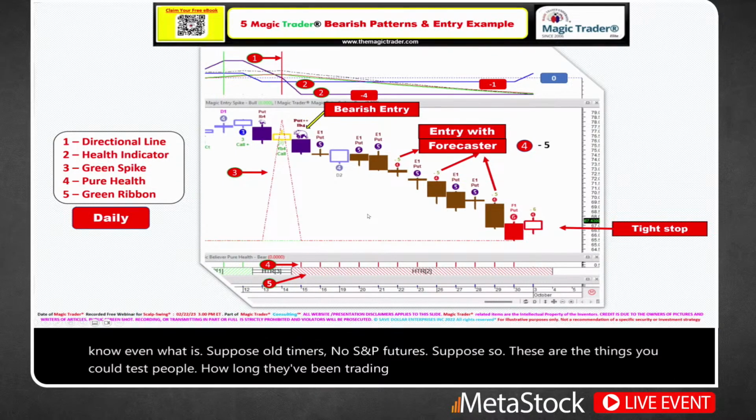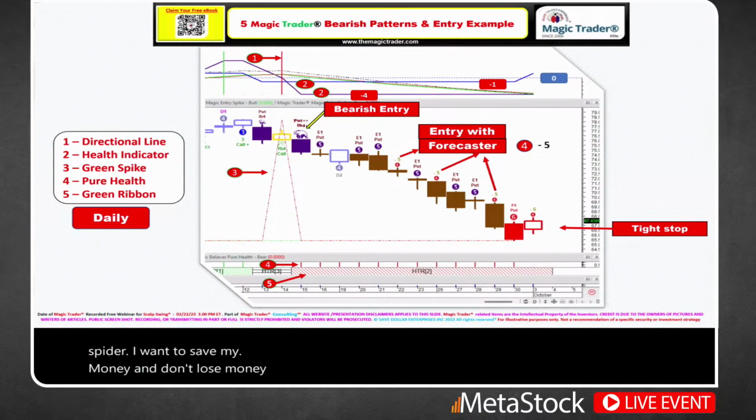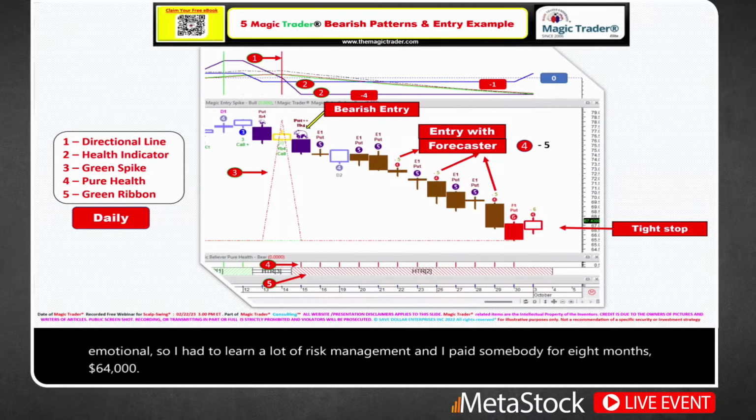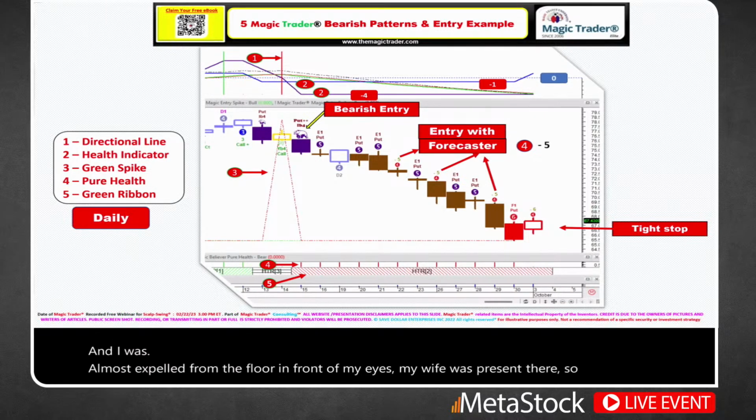So I'm not a smart trader. I'm a street fighter. I want to save my money and not lose money because that's a hard thing to reverse, right? And I'm very emotional. So I had to learn a lot of risk management. I paid somebody for 8 months, $64,000. And I was almost expelled from the floor in front of my eyes. My wife was present there. So it's insulting. No, I took it